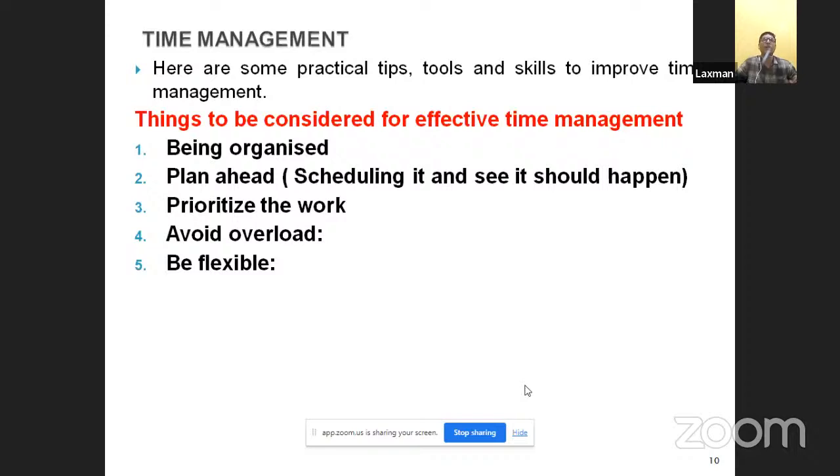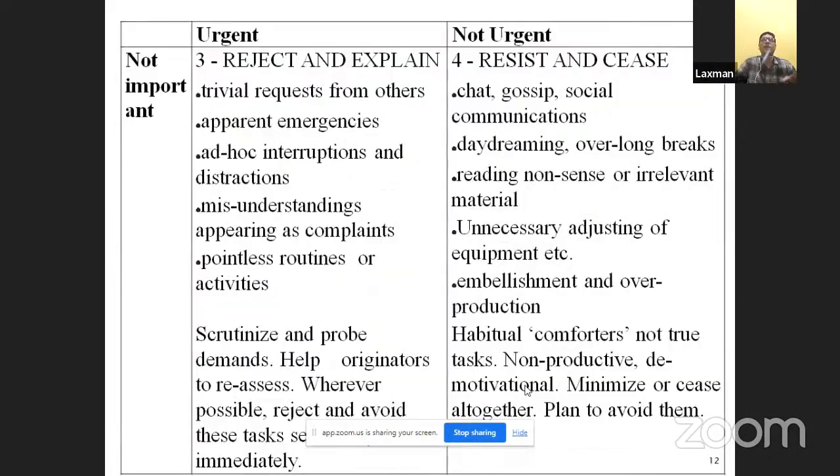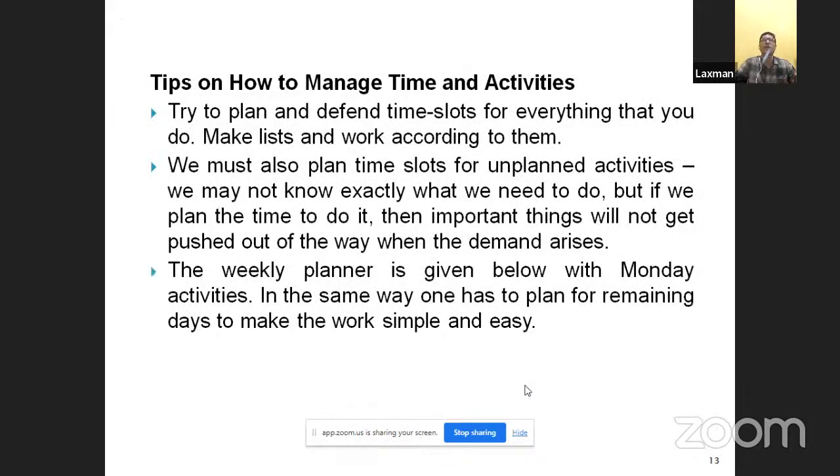Being organized, planning ahead, prioritizing the work, avoiding overload, being flexible, and keeping track of your time. There are urgent and not urgent, important and not important tasks. How to reject, how to explain, how to resist, and how to cease. All these aspects we learned today. Tips on how to manage time, how to plan different time slots, how we give time planning for unplanned activities, the weekly planner, and all these things we learned